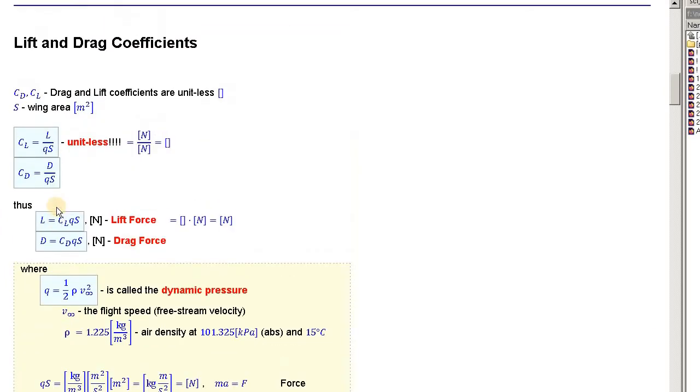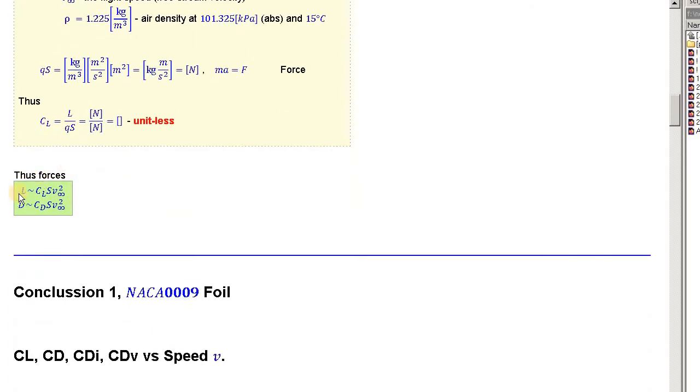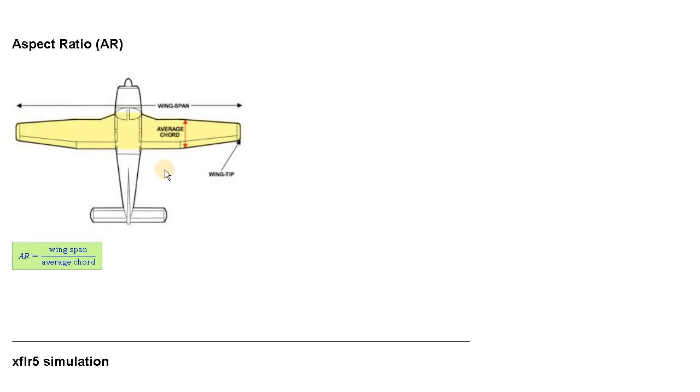We know what the lift and drag coefficients are. Those coefficients are unitless. We know how to get those coefficients from the wind tunnel data or from the simulation, and we know how to get the lift and drag forces. So we can continue. There was also a small confusion in the previous video, where we ran simulations of wings